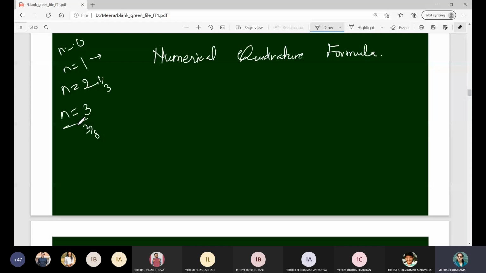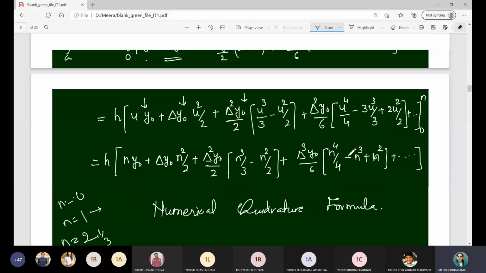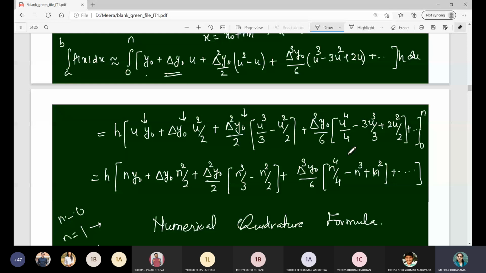So now we have a formula from interpolation from which we can derive the numerical integration formulas as well. So this is how you can see the application of interpolation here as well. Here we have considered the forward interpolation formula. Likewise, the backward interpolation formula or divided difference formula can also be used. But for Newton's quadrature formula, Newton's forward interpolation formula is used. And tomorrow we will see how to derive the trapezoidal rule, Simpson's 1/3 rule and Simpson's 3/8 rule from this general numerical quadrature formula. Is this clear to everyone?